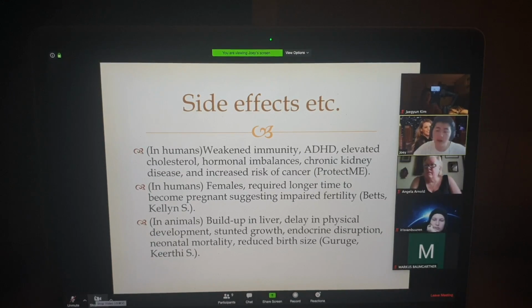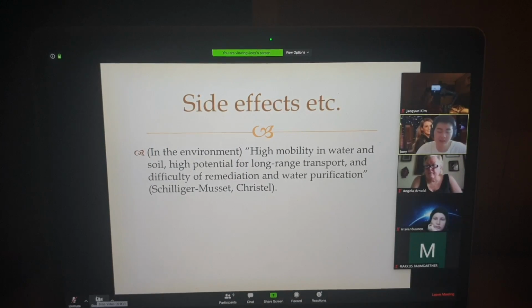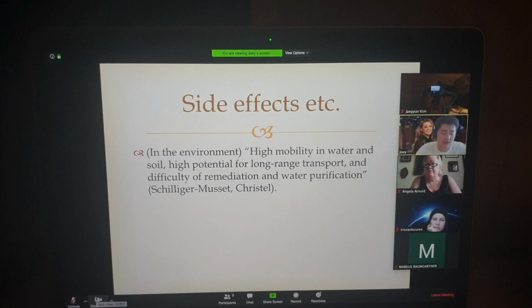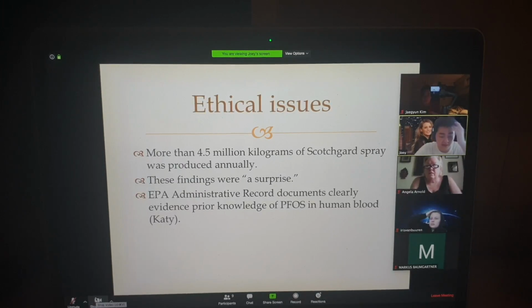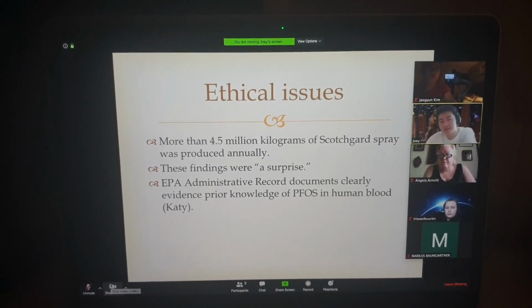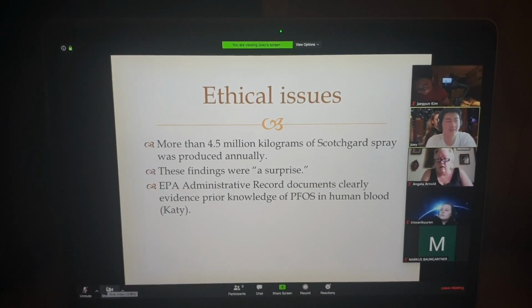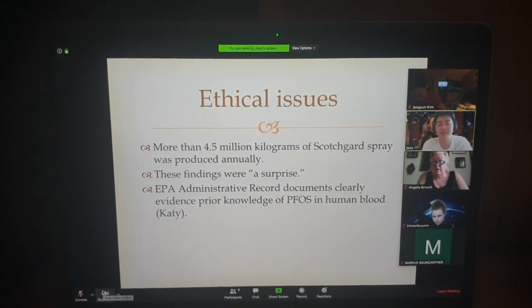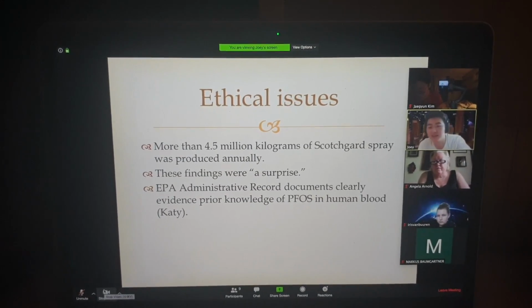Additionally, there were also other environmental consequences, such as that this chemical PFOS had high mobility in water and soil, and high potential for long-range transport, so on and so forth. And eventually, it was determined that these issues collectively posed the prospect of irreversible environmentally harmful effects. So, the detrimental effects of Scotchgard raised several ethical implications. 3M was producing 4.5 million kilograms of Scotchgard spray annually, and once they were exposed by all these scientific discoveries, they claimed it being a surprise. However, there were obvious documentations, like thousands of documentations in the EPA administrative records that